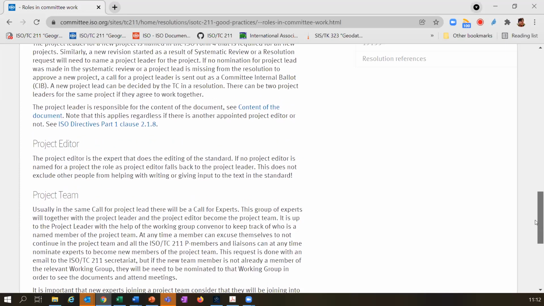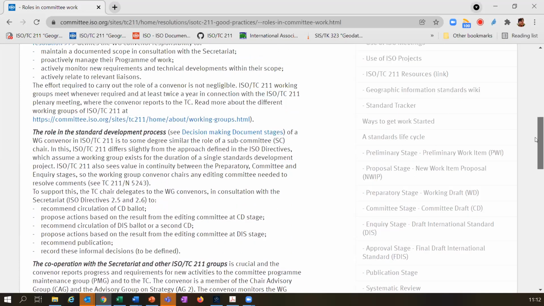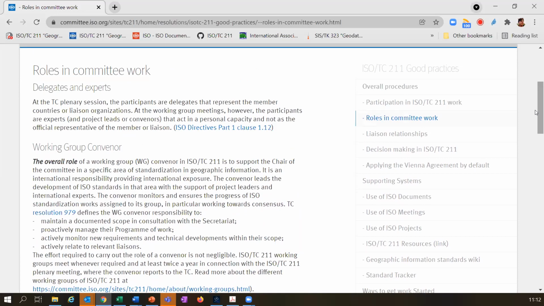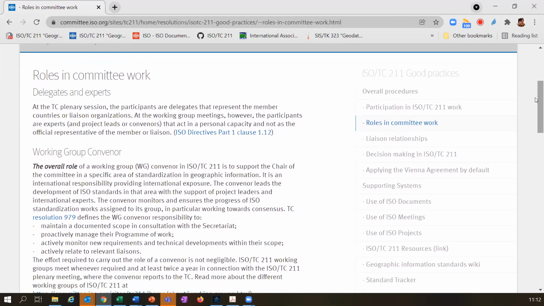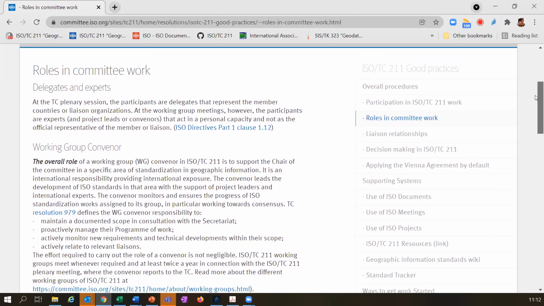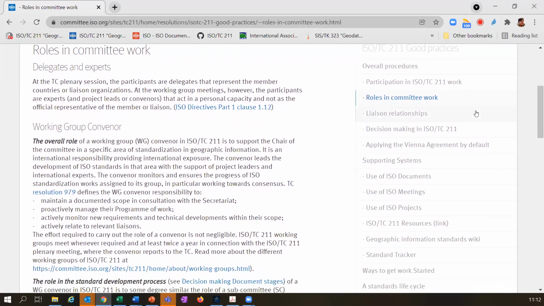But that's not so easy to understand if you come from another TC and want to join TC211 and how we are doing things in here. But again, we're not the only TC who's doing it this way. There are other TCs working exactly as we are doing. So even though we haven't maybe invented this part ourselves, it could still be good to have it noted down somewhere so you can go and verify this and check on what's the intention of a project team and things like that.